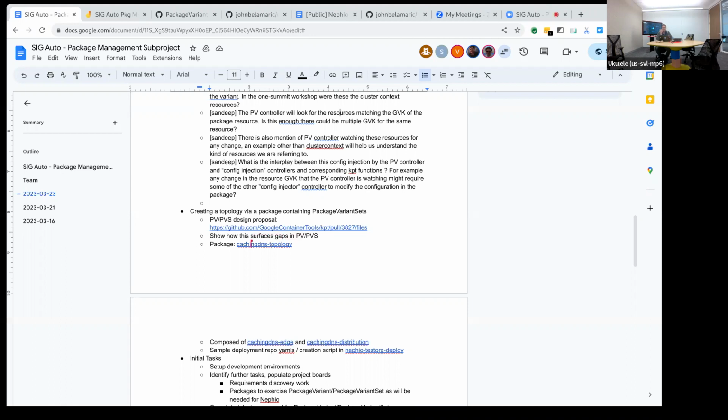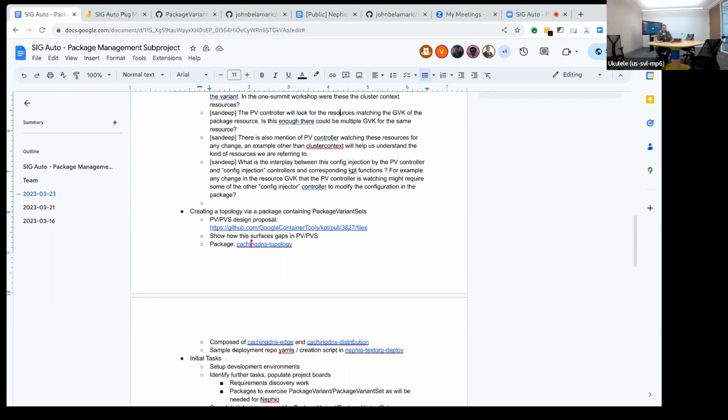If you recall Tuesday, I went through the current implemented behavior of the package variant and package variant set controllers. The proposal includes a bunch of additional functionality that is not yet implemented. So I'm thinking that we might want to start with the use case to help frame and surface why those things exist in the proposal.